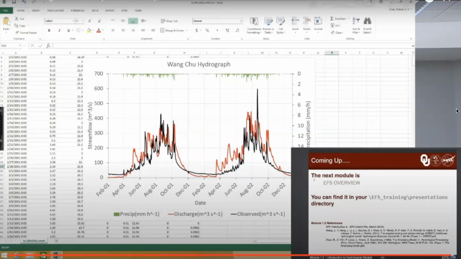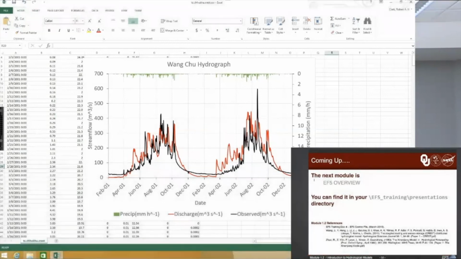Infiltration curve system. So that's also available in the training packet. And then there's another document that describes the EF5 control file that you may want to take a look at